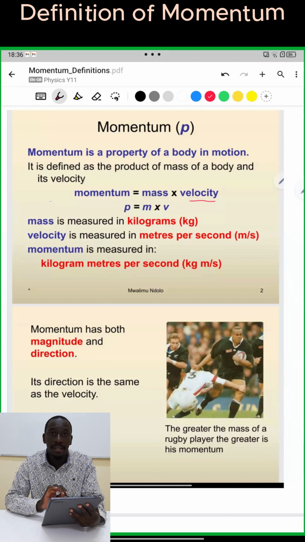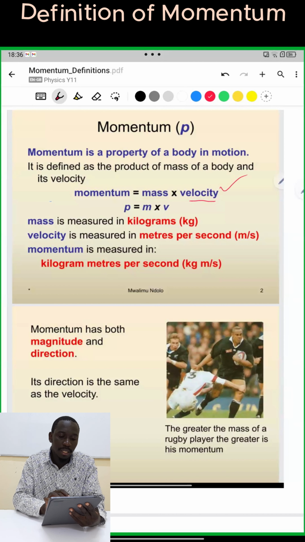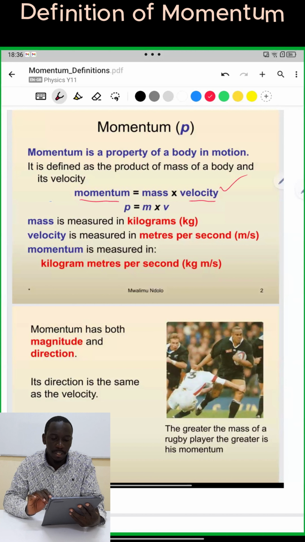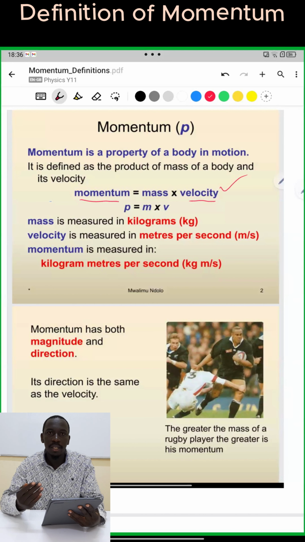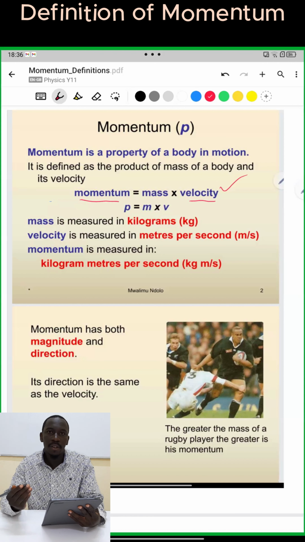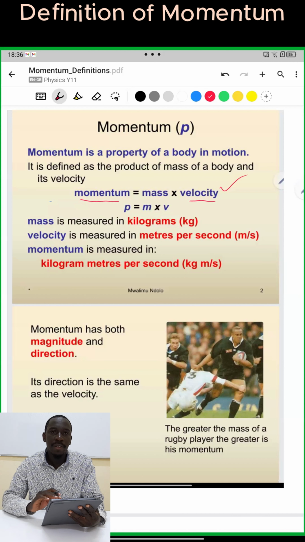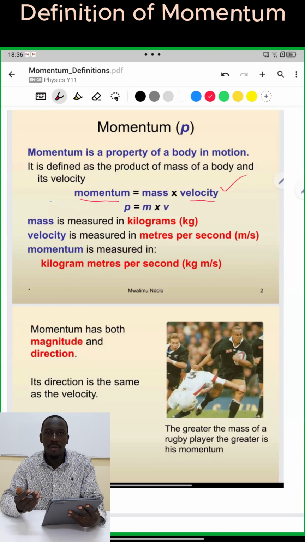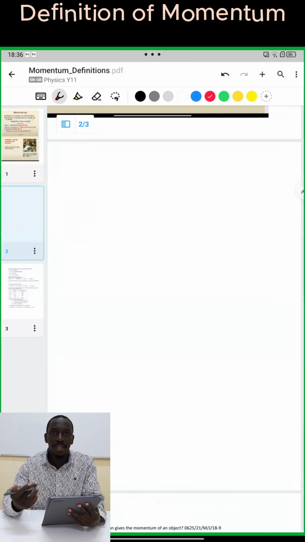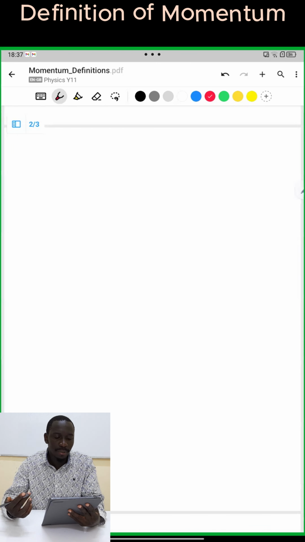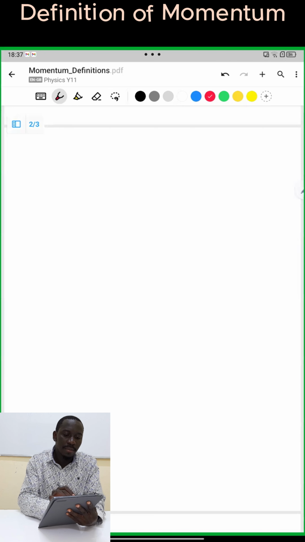Being that velocity is a vector quantity, it means that momentum is also a vector quantity. But most of the time, as you see in some of the equations here, we use speed instead of velocity, or even in the questions, they will give you speed. Very few questions will tell you the velocity of a body. If we define momentum in terms of mass and velocity, then how come we are always given speed? To understand why,